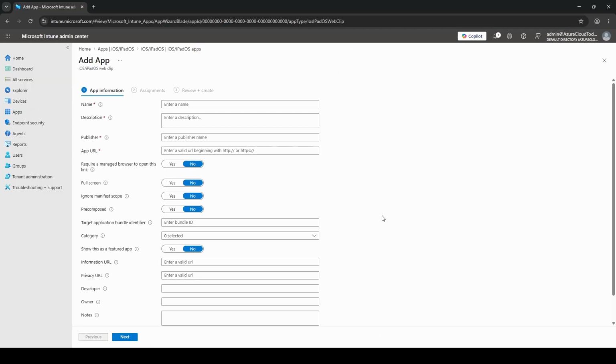Over here, we do not see a store link because we are not downloading the application at all. So let's fill in the name over here. We can fill something like OneNote Web. For the description, we can say something like OneNote on the web. For the publisher, we can leave it as Microsoft. And for the app URL, we will keep it as